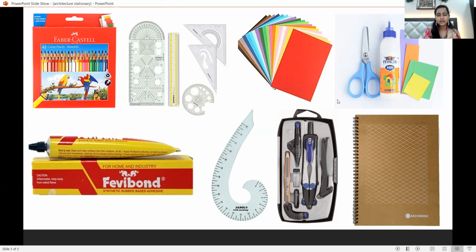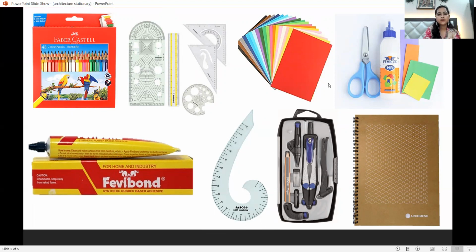And next is a cartridge sheet, a colored cartridge sheet. This cartridge sheet you require in your basic design project, where you will be making your 2D plates through the design principles. Some other basic things are Favicol, Fevi Bond and similar adhesives. In your model making sheets, you will require a strong adhesive to join them, so for that you have to use Fevibond. And the French curve: when you have to make things like ovals or circles, the French curve is used.